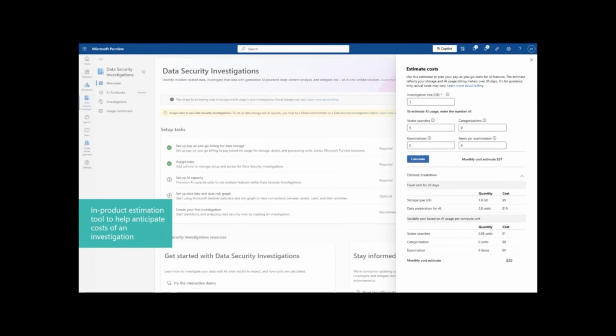And one more thing, this is $20 if you keep the data for a month. If you're done in a day or 48 hours, then it's $5 divided by 30, and suddenly it's even less than that. Yeah, I know we had this question in chat. You're only charged per day. So as soon as you delete the investigation, you won't be charged for the storage costs anymore.